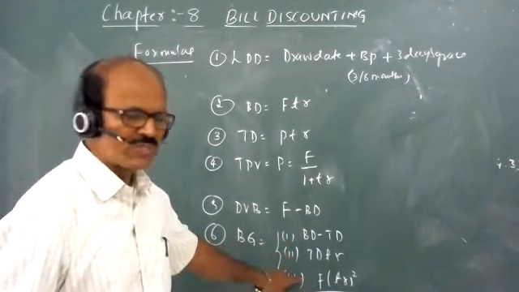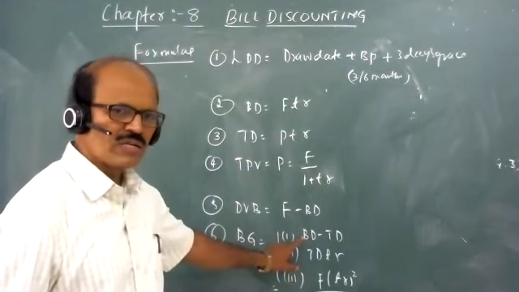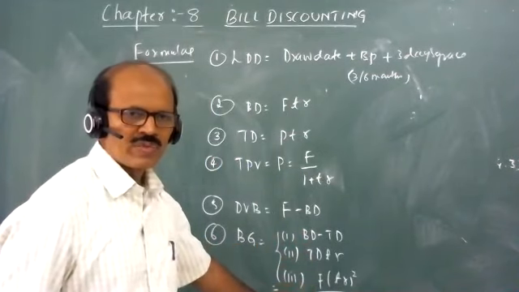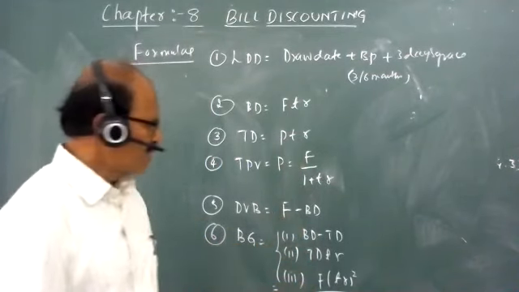Aim and is answer missing. What the banker gain can be? BD minus TD, TD into TR, FTR whole square by 1 plus TR. It's all given in the textbook, right? Now